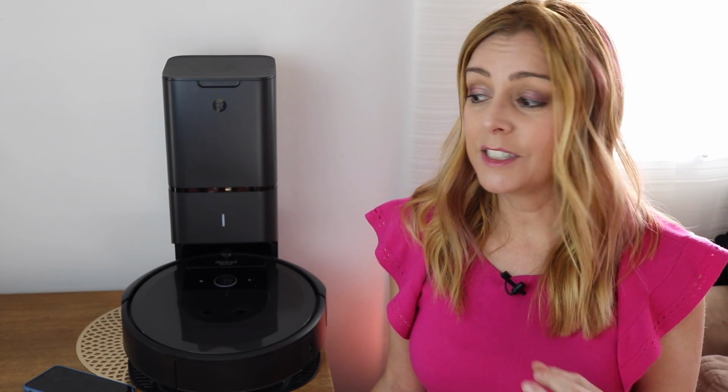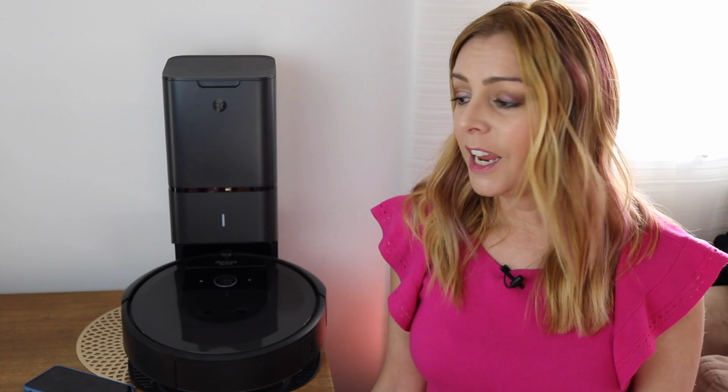I think the smart mapping feature is brilliant. It's really easy and accurate, and it does help you get that voice control over specific rooms, which I think is great. If there are some downsides to this device, it's that you do need a good bit of space